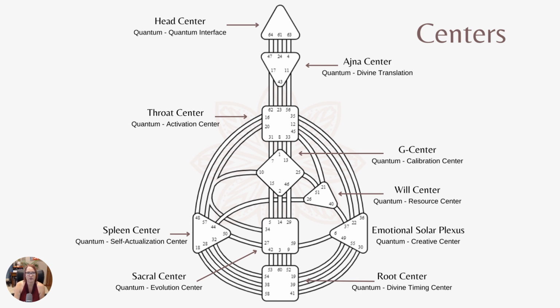So, like in the head center, the gates are 64, 61, 63. Those are the specific ones in there. When you're in a head center, you're in open space, you're taking in other things, other external. When it's defined, you're really more internal. You are learning from your own experience, from the things you do. It's like you almost have an innate feeling for it already. Those are actually your ways of learning. You don't necessarily need to learn it from the outside world.